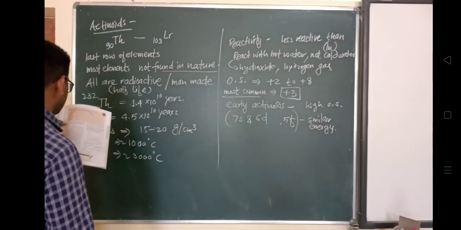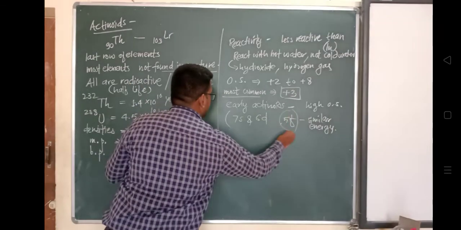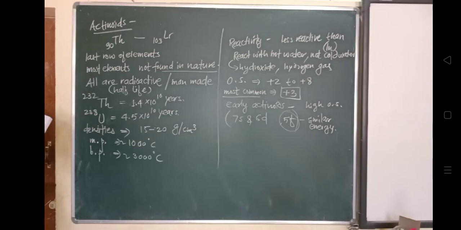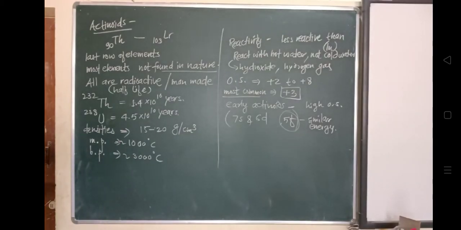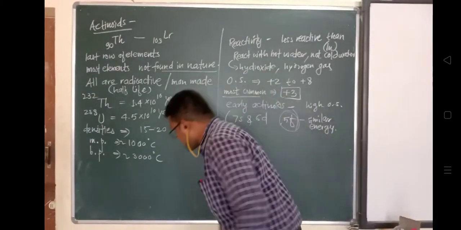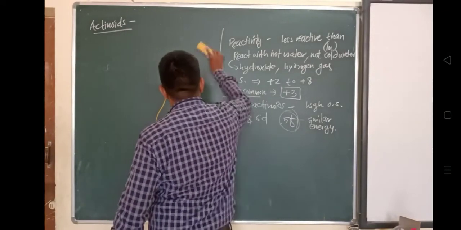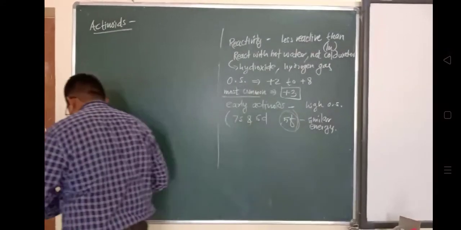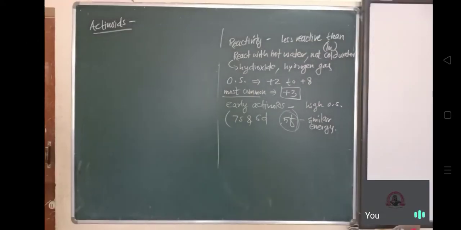In the actinoid series, the 5f orbitals are appreciably lower in energy. Thus, for elements from plutonium onwards, 5f fills in a regular way. So we will see this in the electronic configuration of the actinoids, and there we can understand.